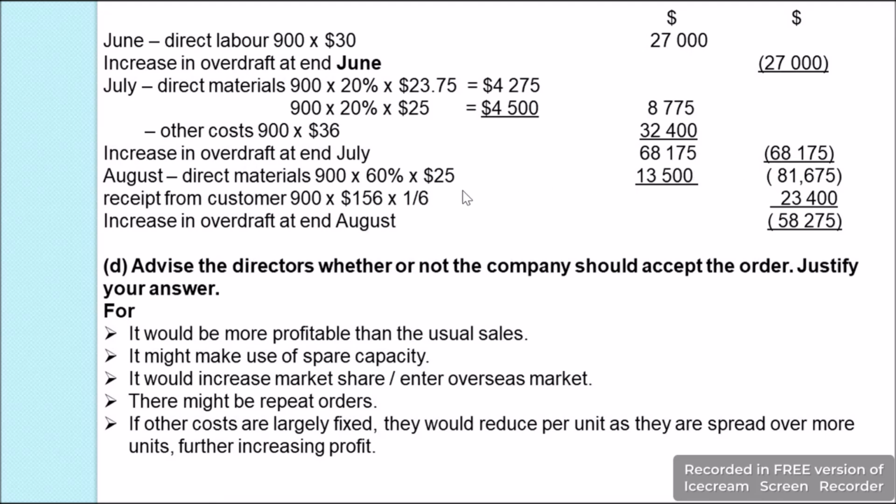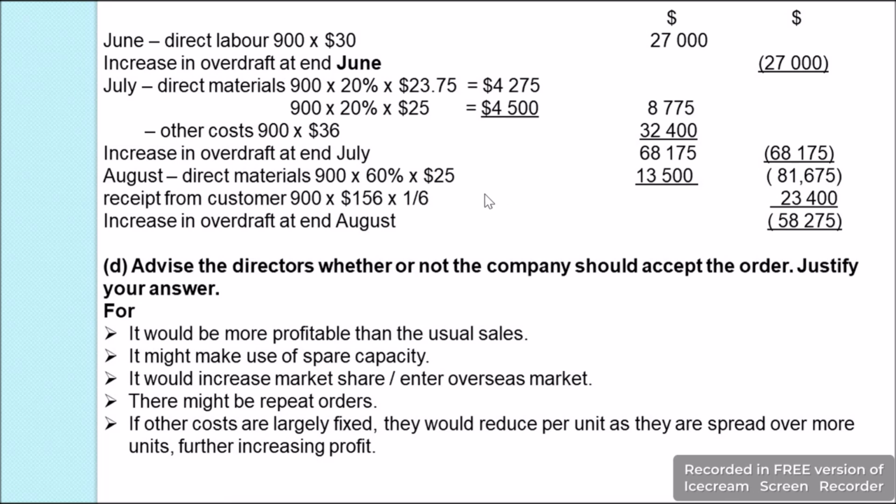Now in the month of August, we have to pay the remaining 60% of the direct material. So 900 times 60% times 25, because we don't have any discount here, so it will be $13,500. So when we add 68,175 plus 13,500, the overdraft will now be